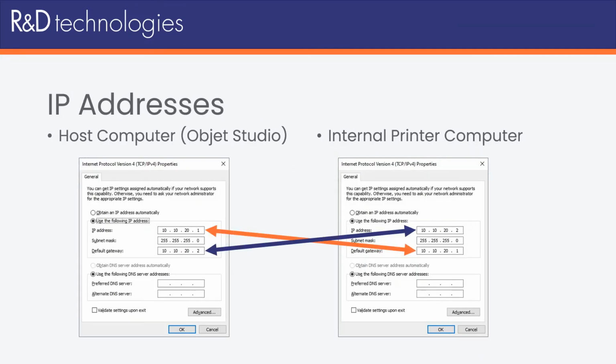Here's an example of how this would look on the host computer on the left-hand side and on the internal printer computer on the right-hand side. Notice how the IP address of the host computer is listed as the default gateway for the internal printer computer, and the IP address of the printer computer is listed as the default gateway for the host computer. This is how these machines need to be configured in order for proper communication to occur between Objet Studio and